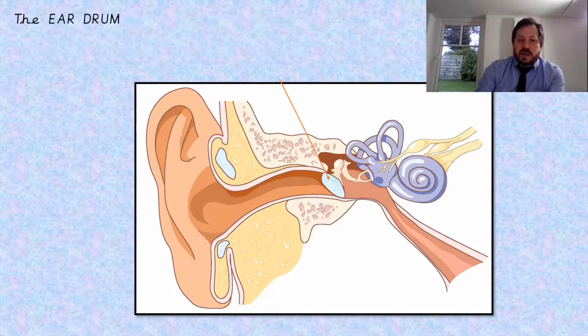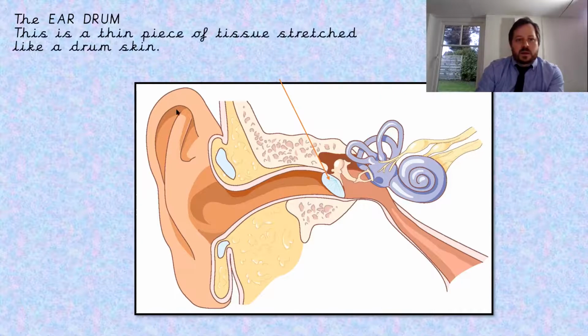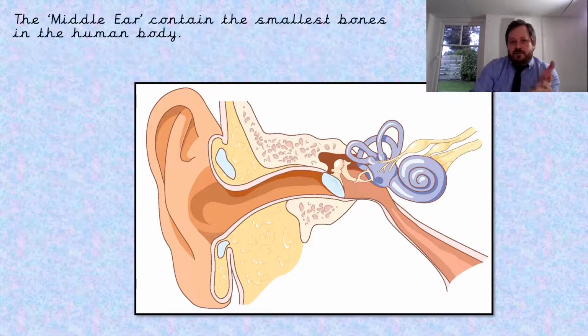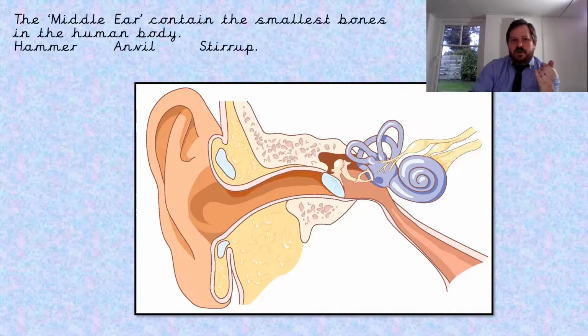The next part is the eardrum, and you can see that little white disc down here. Now, this is a thin piece of tissue stretched like a drum skin. So if you imagine that drum skin, you can tell it's vibrating, you can touch it, and you feel it vibrate. What happens is the sound waves travel along the auditory canal and cause that drum to vibrate. As that drum vibrates, it travels into the middle ear, which contains the smallest bones in the body, which are